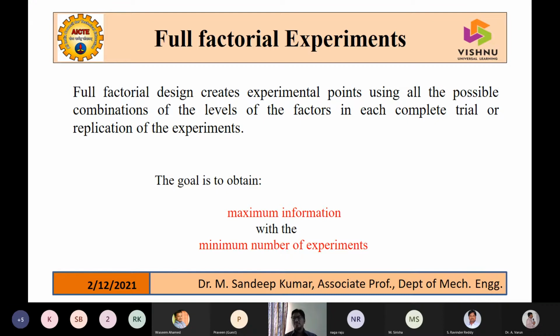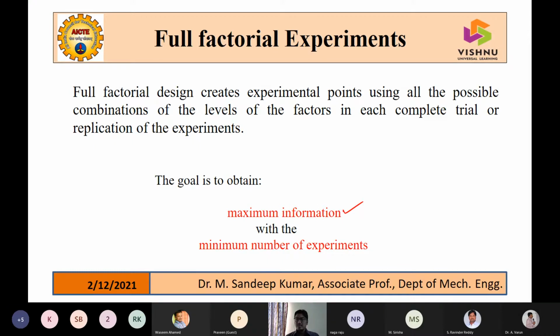Now coming to the goal, actually, what we are looking for is maximum information with minimum number of experiments. Yes, each and every experimenter wants, or is very comfortable, or we are greedy of getting more information, isn't it? If you go with statistics, or let it be business, or any field of research and engineering or medical, as I showed you last time, medical covered around 19%, right?